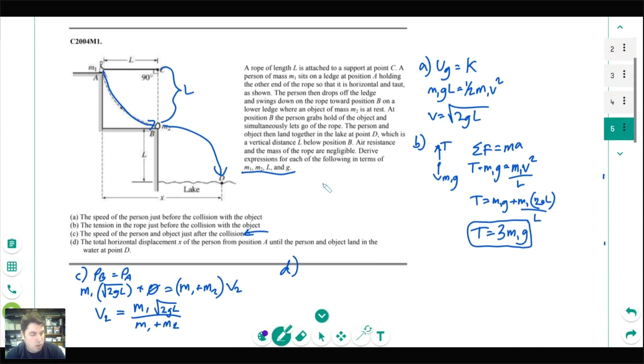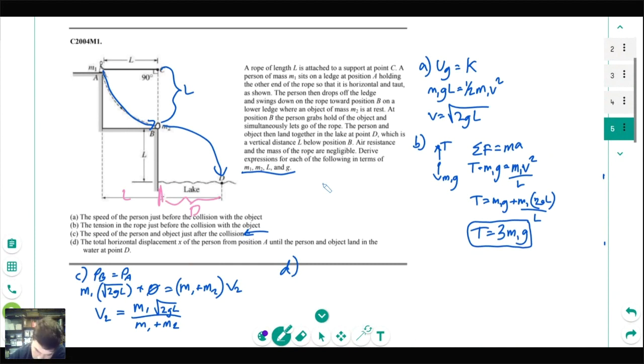All right, so we're looking at falling from B to D. We're looking at some kind of projectile motion. We're looking at the total distance x here. Total distance x happens to be L until this point, plus whatever value this is from when they left until they hit the lake. So we've got to find the D part and then add them together. First step, we need to figure out the time we're in the air for. That is just using the vertical information.